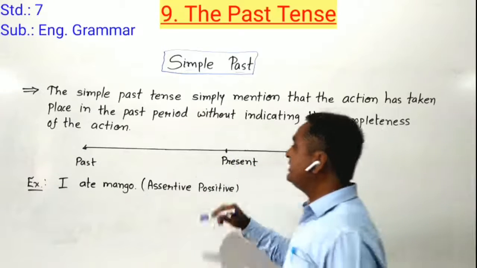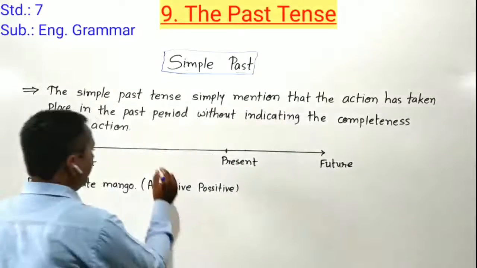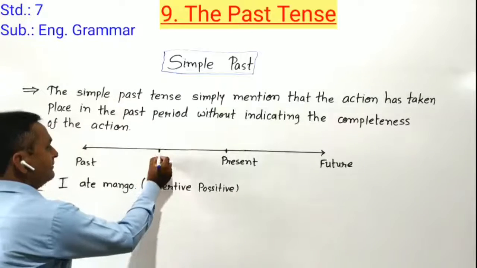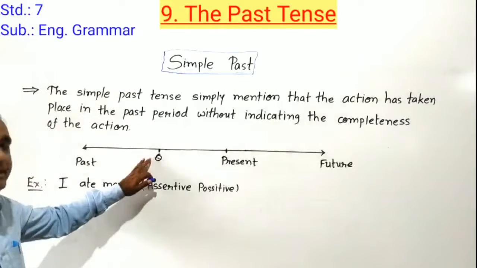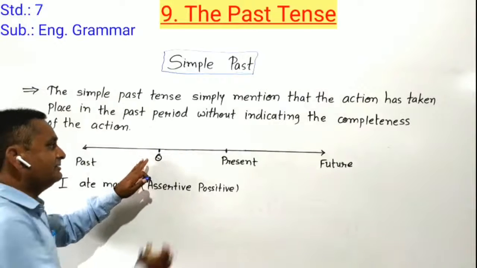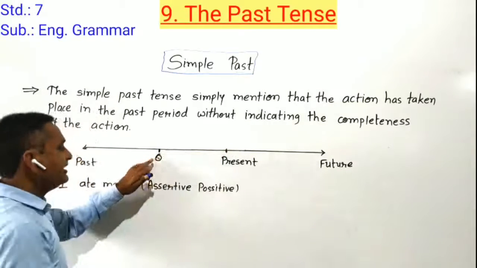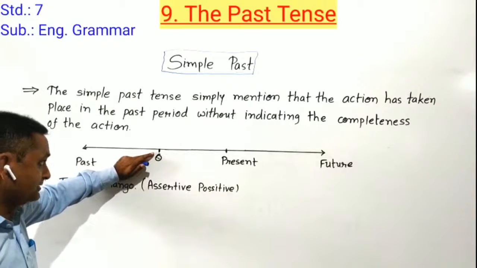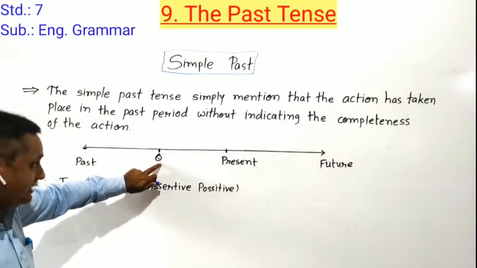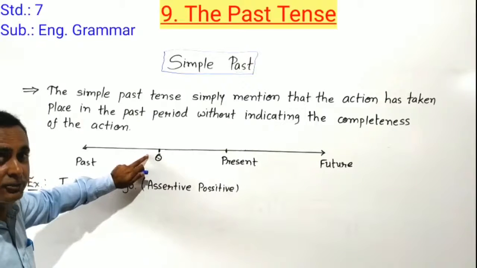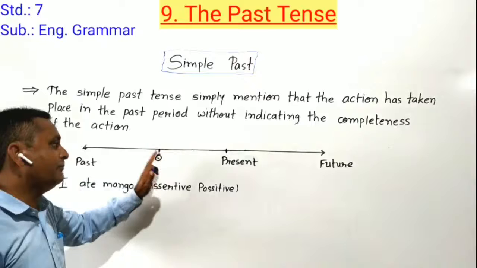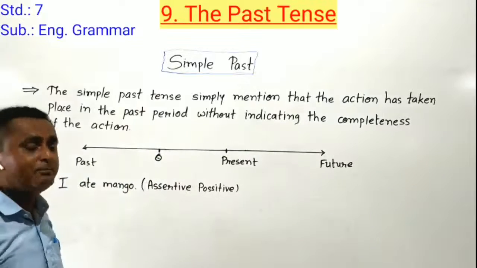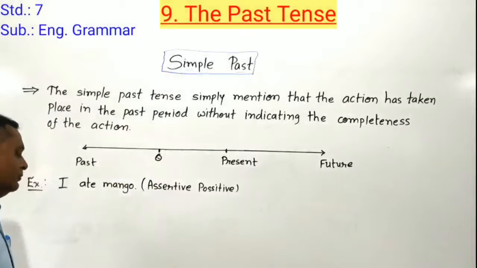So here we can depict any action that happened, for example, one action happened here, but whether it is completed or not completed, we don't have to see that thing, but it is before our present time. So for that type of situation we have to use simple past tense. Action is completed, running, not completed, we don't have to see anything, but just anything happened before present time, past, it is known as a simple past tense. Can you understand, student? Okay.